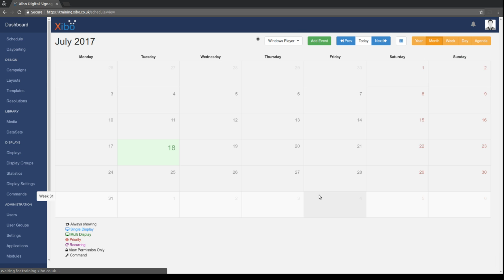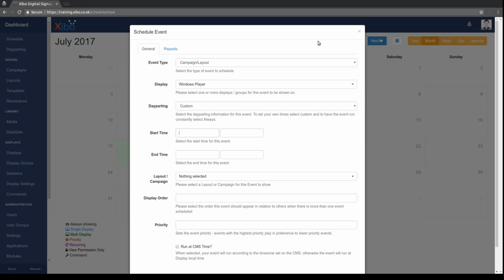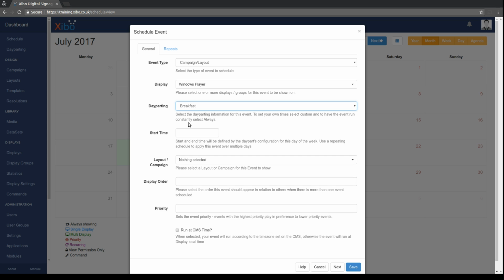So I'm going to go over to the schedule page. You can see I've already picked a player at the top here, and I'm going to press on add event. So we want to schedule a campaign or a layout. We've got our player selected already, and in the day parting menu we'll now see we've got breakfast and day defined. So I'm going to pick breakfast, and it's going to ask me which day I want this schedule to start on. So I'm going to pick today,